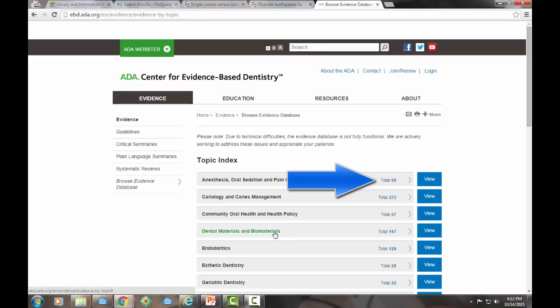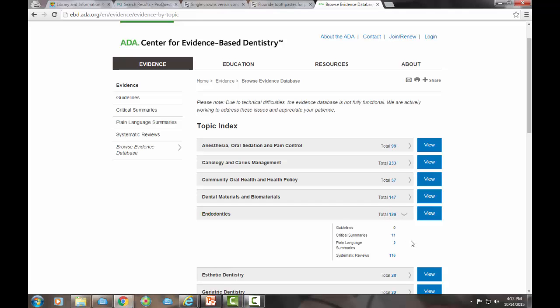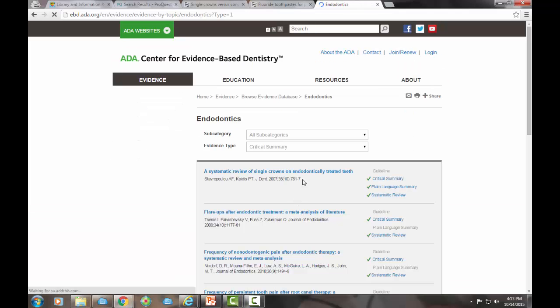So we're going to be looking at endodontics and clicking the 129 for the total at this time, and you can see the breakdown. So 11 clinical summaries and 116 systematic reviews,